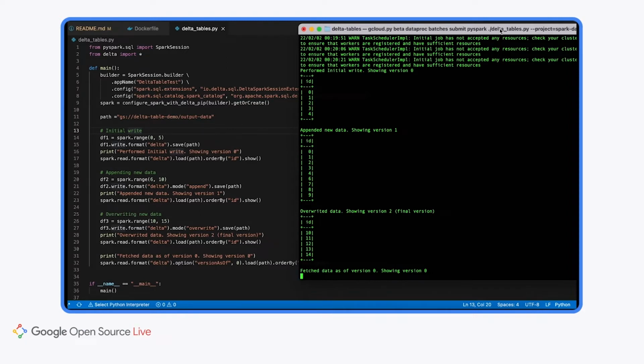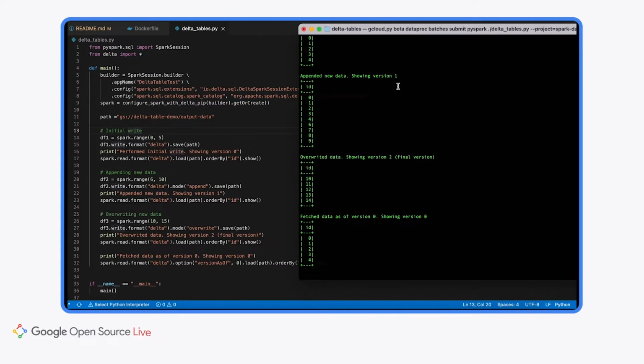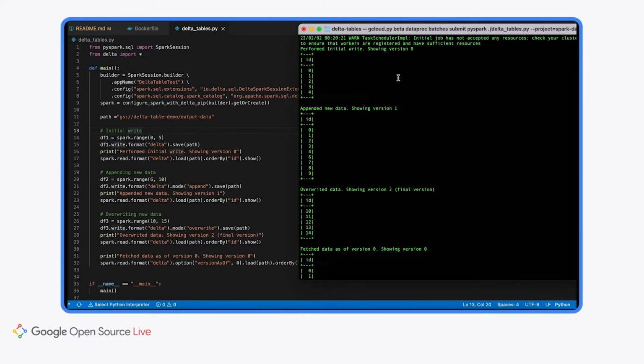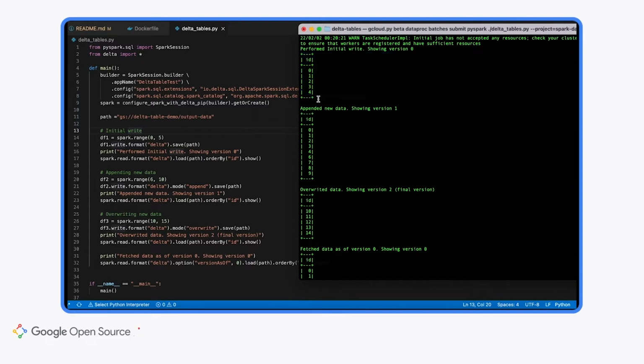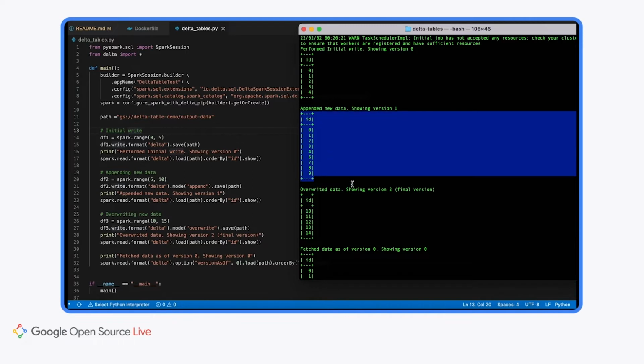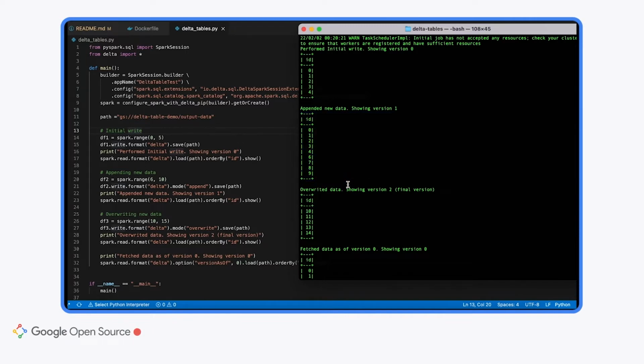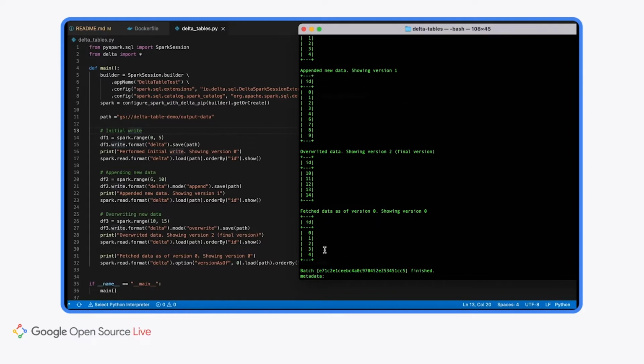Let's wait for it to finish printing, but we can start seeing that we are getting logs of different versions of our data lake. So let's go through them in detail. We have version 0, the original version, just some records written to our data lake. Then we have version 1, the original records plus some additional records that got appended. And then we have version 2. Version 2 is the current, the actual version of our data lake. As you see, the records from previous versions, version 0 and 1, got removed. We're only seeing the records of version 2.